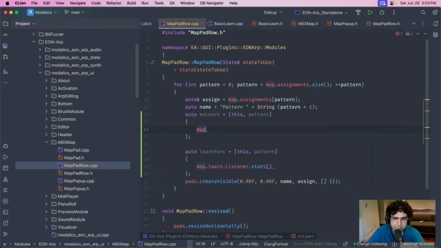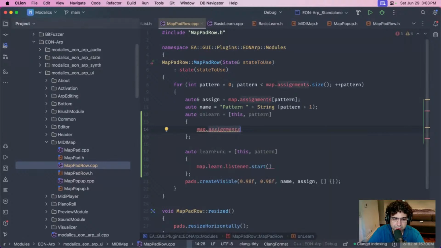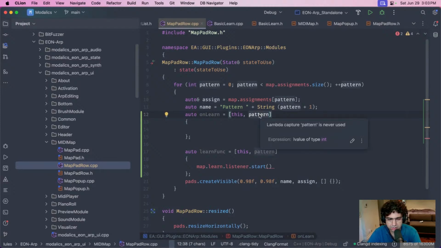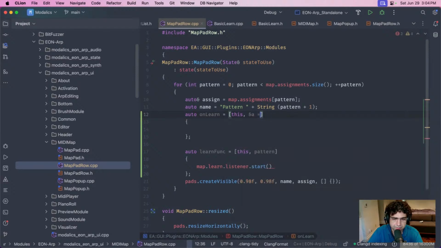This would go to map assignments. Yeah, is that what I need? So I just need to do something like assignments. Oh, I can just capture assign in this case, right? Can I just capture this? I think so. It would be something like a equals assign, right? Because I need the address of this thing. A equals assign,